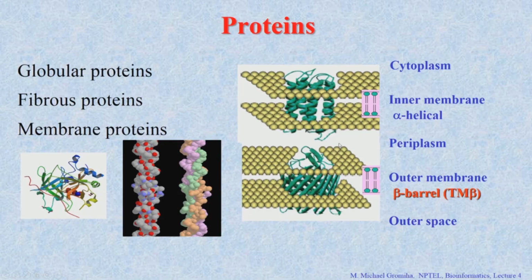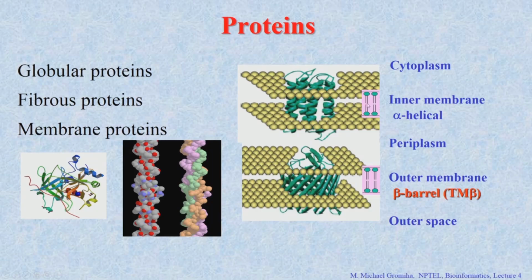This is a schematic diagram, right. If you see the gram negative bacteria, you can see a cytoplasm, and they have the periplasm and then the outer space. There are 2 membranes: the inner membrane is the one between the cytoplasm and the periplasm, and the outer membrane is between periplasm and outer space, right. So, if you look into these membranes and the structures of the proteins which are accommodated within this membrane region,